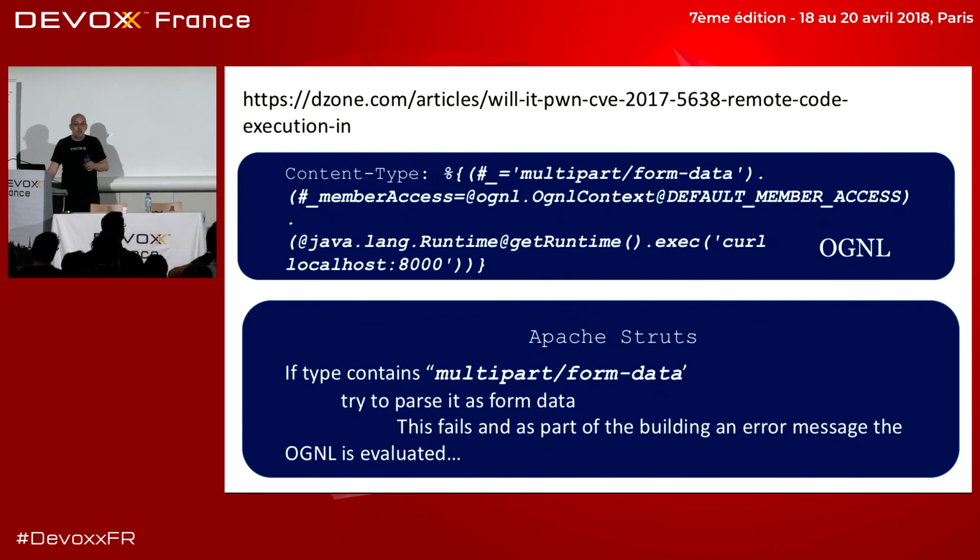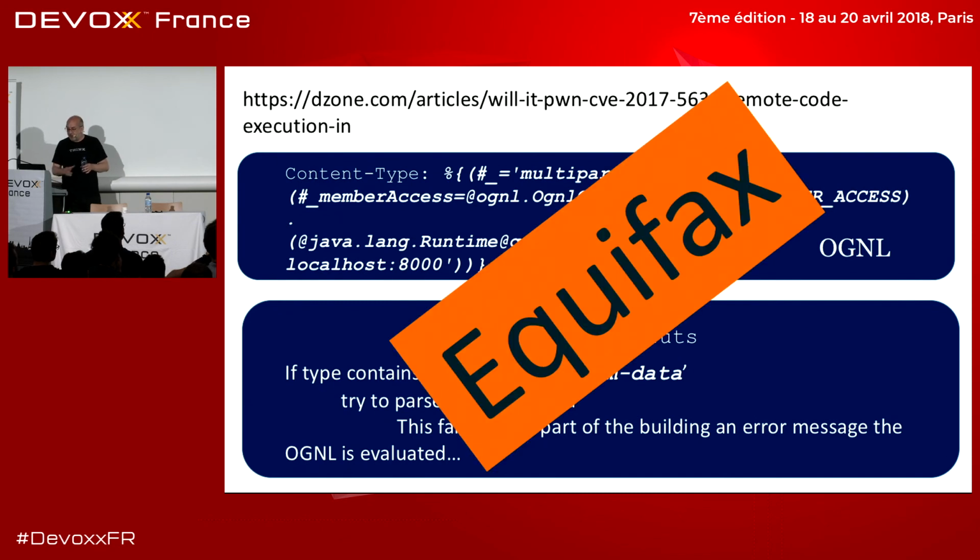Any idea who this might be? Famous thing in the press the last few months? Okay, there's this one, Equinox. That's the Equinox problem. And that URL at the top, you can go read the full details, right? Literally full details. Normally these things don't get disclosed. So that's what you get by being helpful.